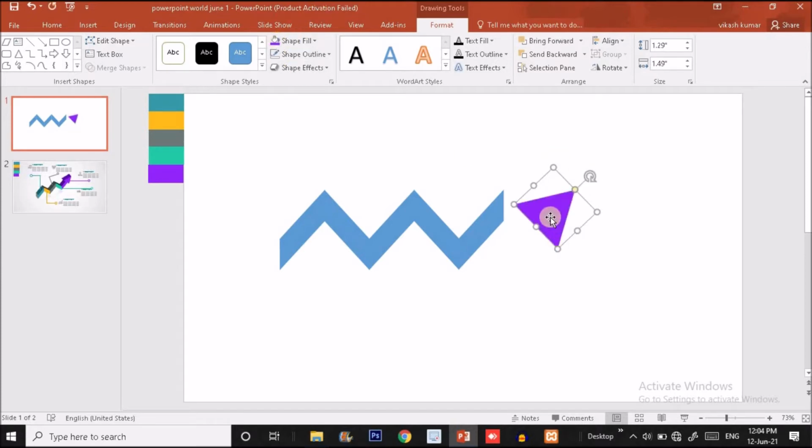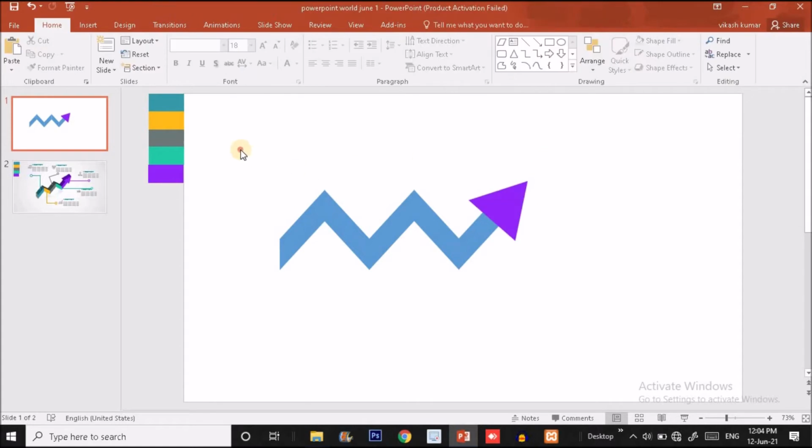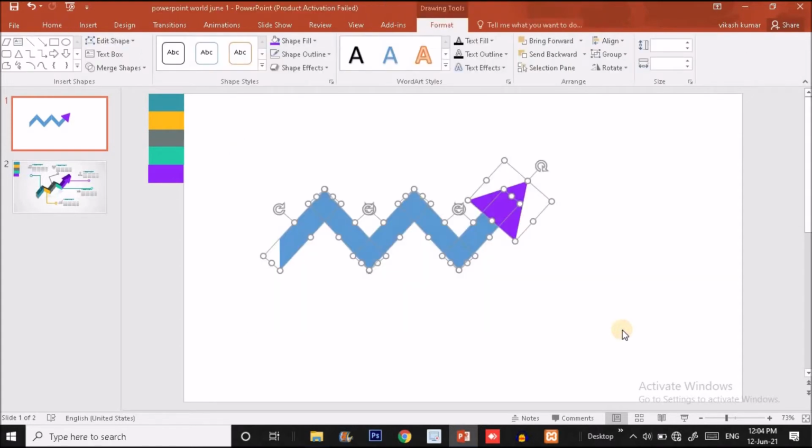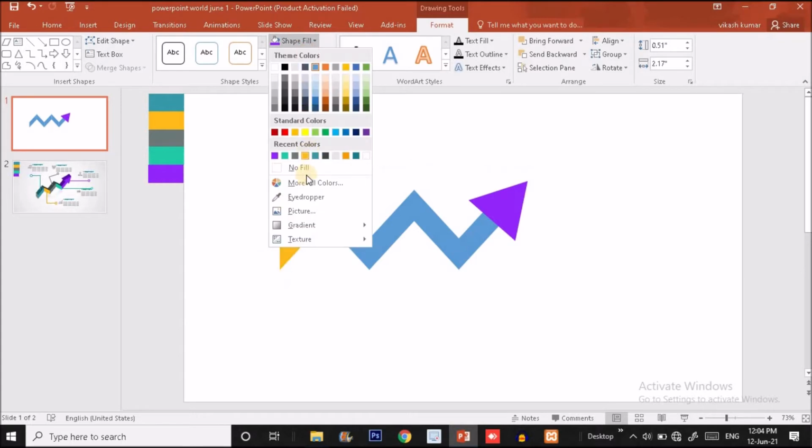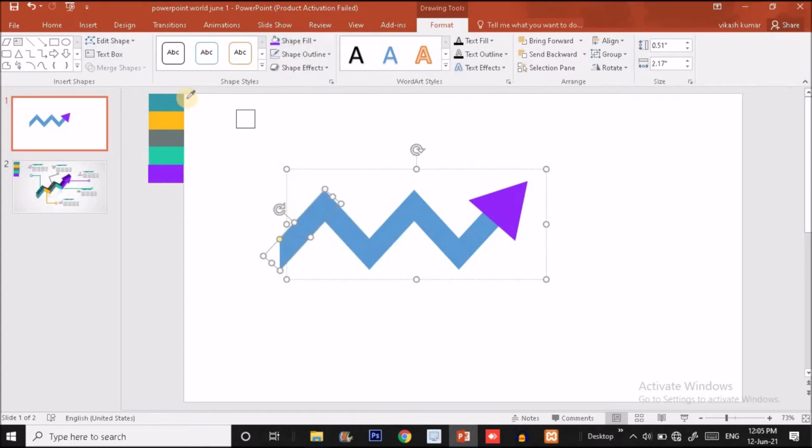Before rotating it, I'm going to fill it with a different color so that we can differentiate the color between these two shapes. Now I will select all these shapes and press Ctrl G to group them and fill with a different color. For this, I will choose the eyedropper and choose this color.